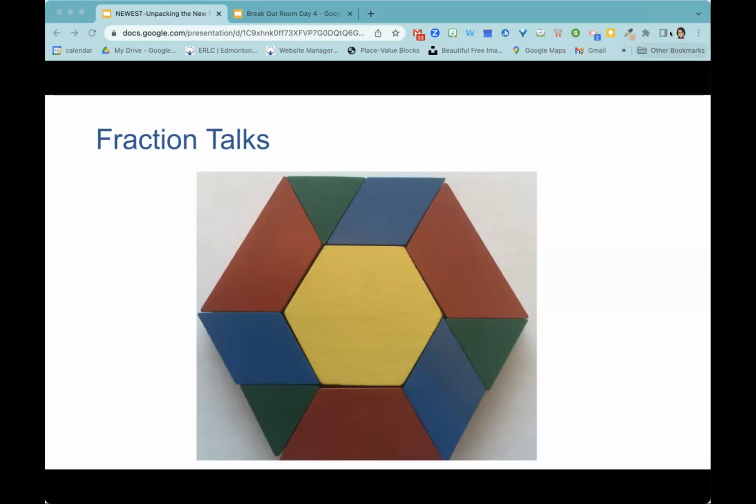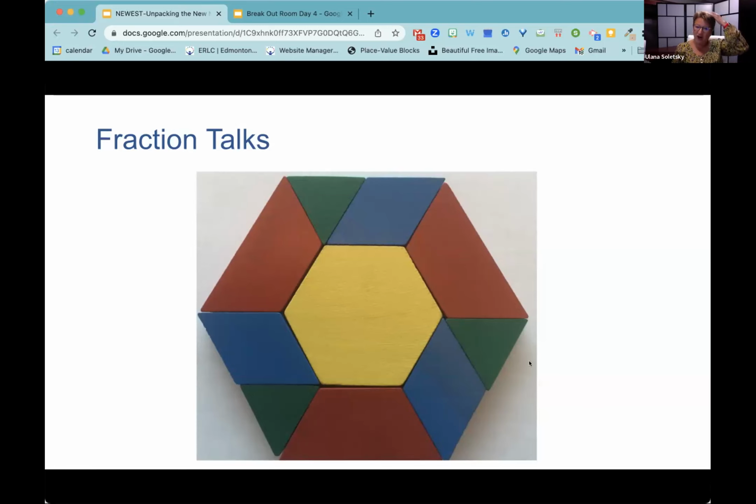Go ahead. So the blue one is either 3/12 or it goes down to a quarter. Right. Or it could also be 6 24ths, correct? Yeah. They're all equivalent fractions. And so do you see how all of a sudden now this one here, we are talking about equivalent fractions also. Yep. This I took from Fraction Talks.